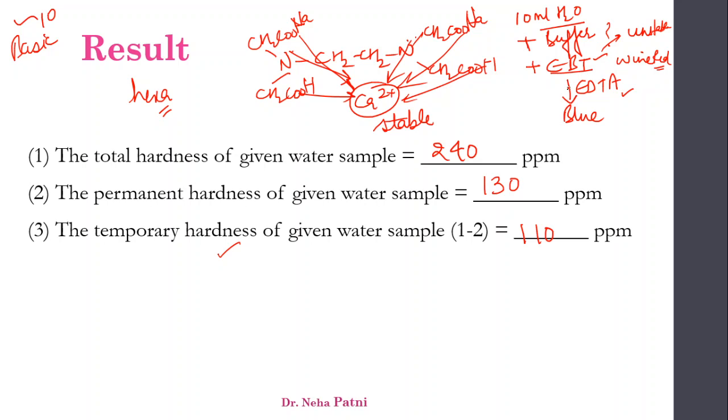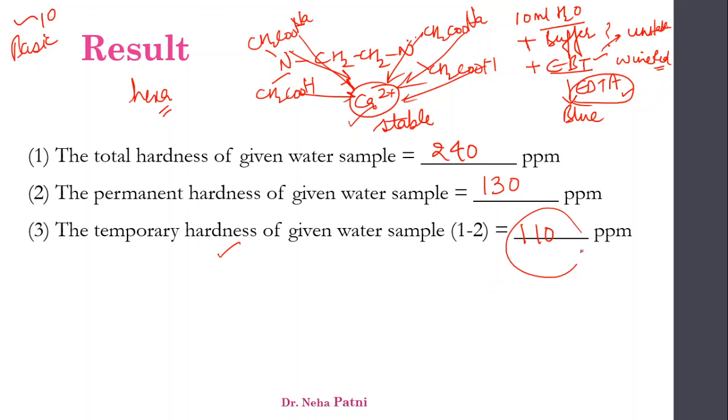So for that to take place, you need to add buffer in the starting in order to maintain the environment of water as such. So the moment you add buffer, your environment is quite basic. Now when the EBT enters the water, it knows how to behave, in the sense it has to make a weaker complex. And the moment EDTA enters the conical flask, since the medium is basic, it knows how to behave. It has to make a stronger complex, and that is why we use ammonia buffer, and that too around pH 10. I hope you are able to get it.